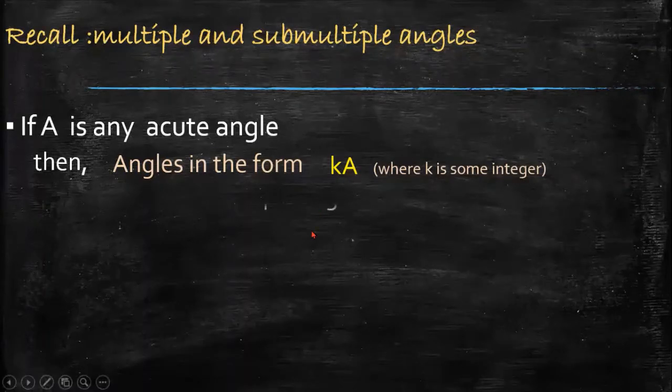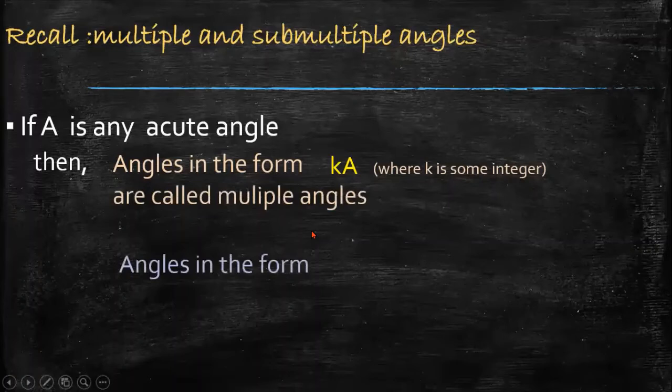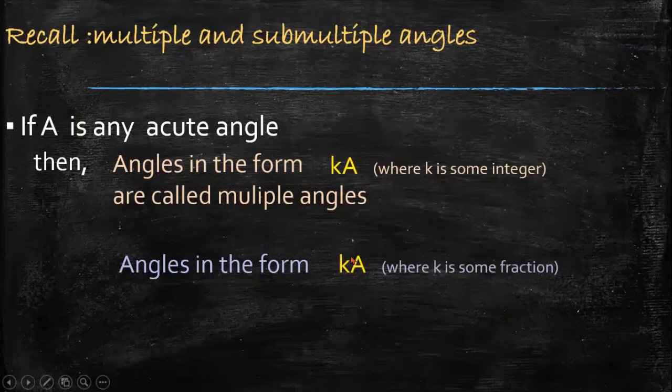Now, in KA form, if K is an integer, then we call it a multiple angle. If in KA form, if K is a fraction, then those angles are called